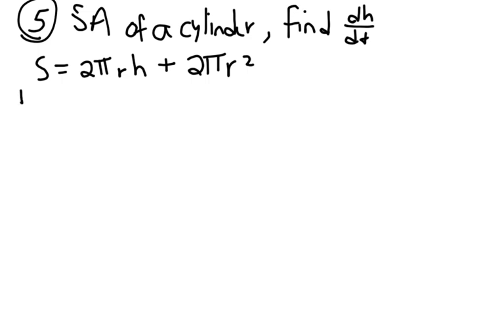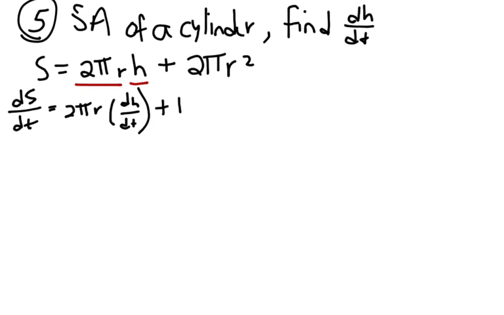So ds dt equals, notice here 2 pi r has a variable, h is a different variable, so that's a product rule situation. I'm going to go first function times the derivative of the second plus second function times the derivative of the first function, which would be 2 pi and then r to the 0, so just 2 pi. But I've taken the derivative of r with respect to time, so dr dt